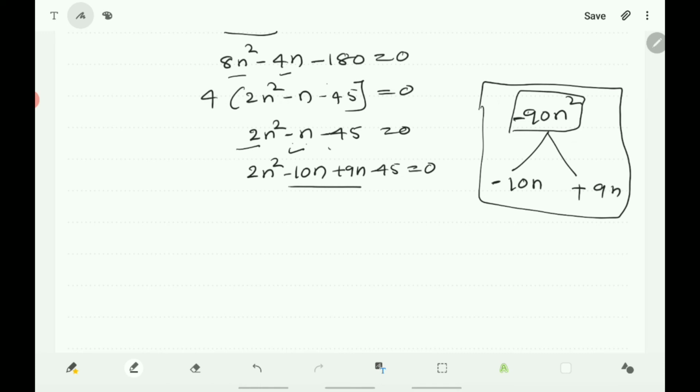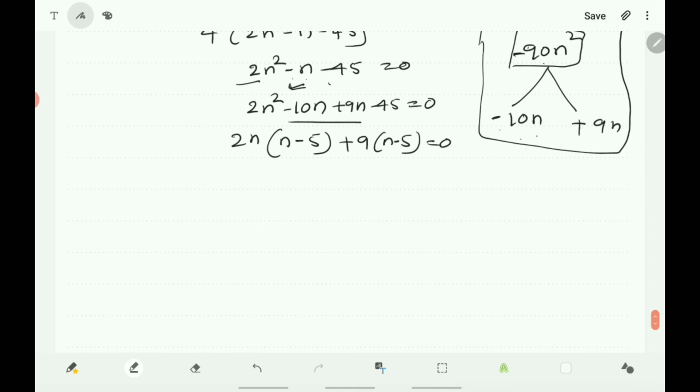and 90 is in the table of 10 and 9, and you know that 90 is also in the table of 45 into 2 and 15 into 6, like this way. But here the useful table is 10 nines are 90, and minus 10n plus 9n becomes minus 1n. So then you can remove common, that is 2n here, 2n into n minus 5 plus 9 into n minus 5 is equals to 0,